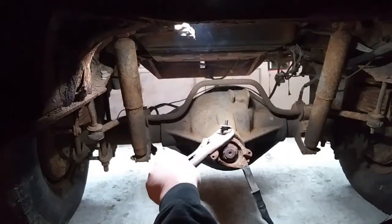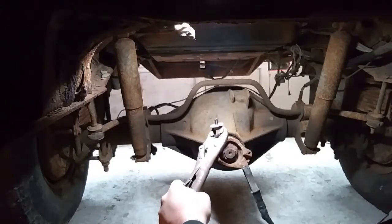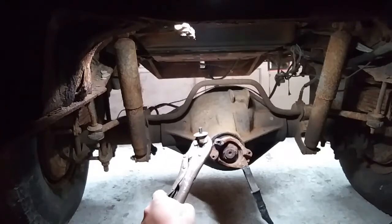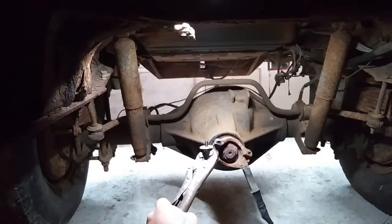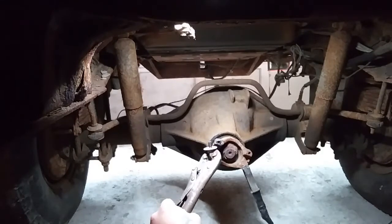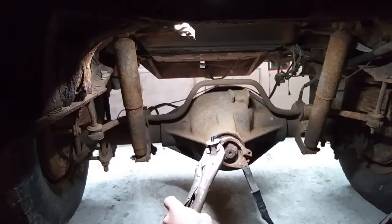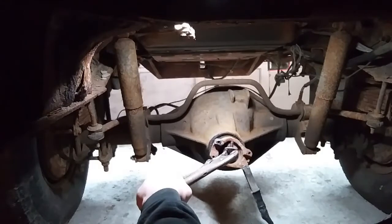So if you guys ever run into an issue and you have a welder, and there's just nothing to weld a nut to, weld a fat washer to it. It has the same size inside diameter, and then weld your nut to it. Okay, I don't know, I kind of just figured this out on my own, so I'm sure other people have done it. I'm just saying that this is what works for me, guys. I've done it several times. I've even reused